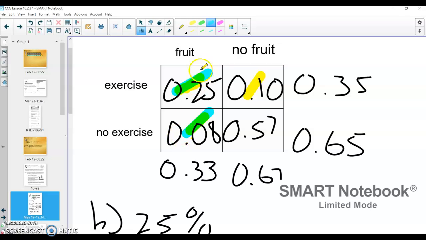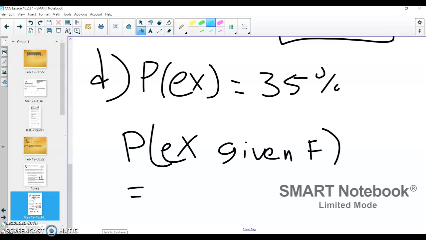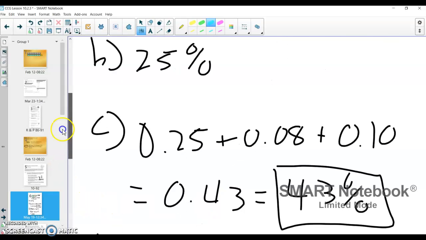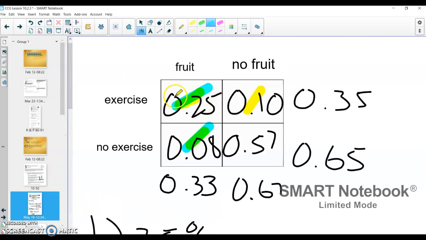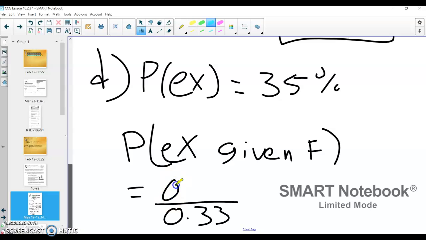And then we're talking about exercising and eating fruit, so we make our fraction. On the bottom is our sample space, which is 0.33. And then we're choosing the one where we're talking about exercising and fruit on top, and we get 0.25,